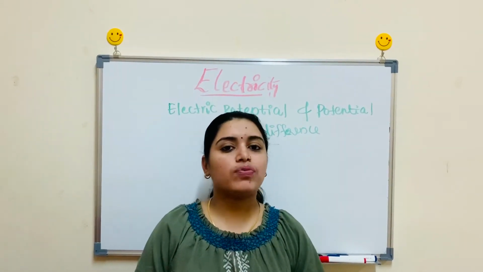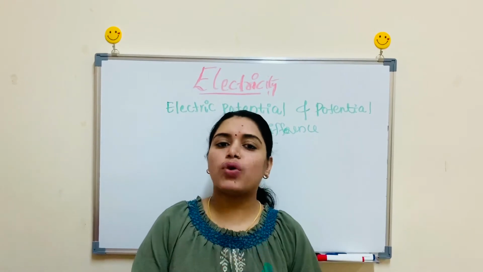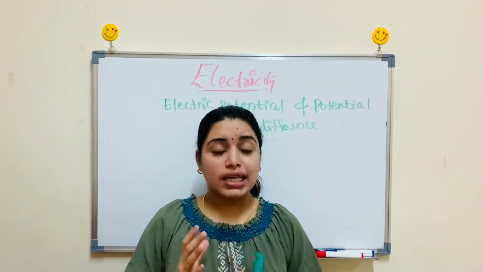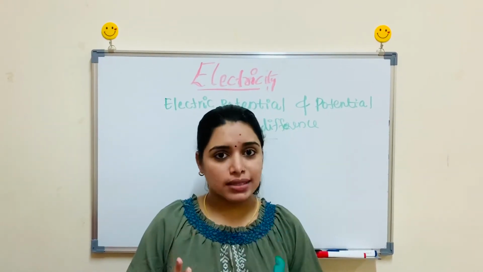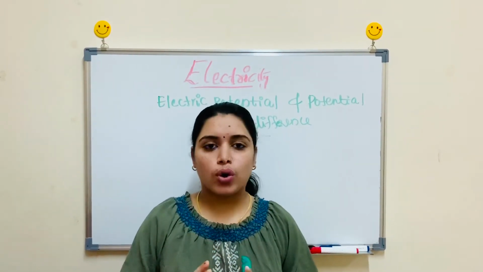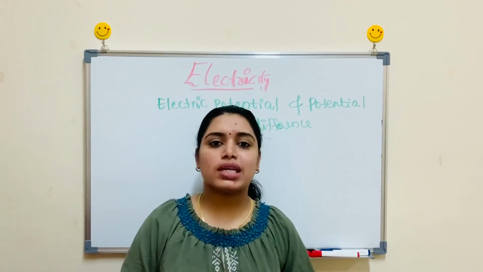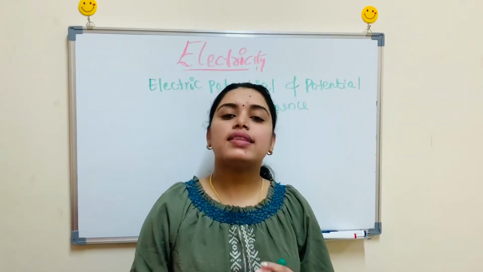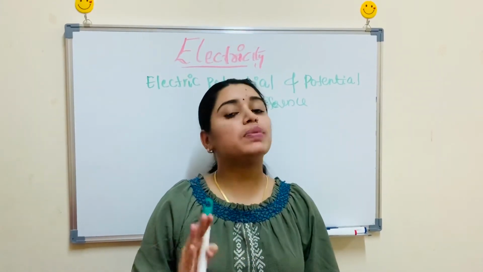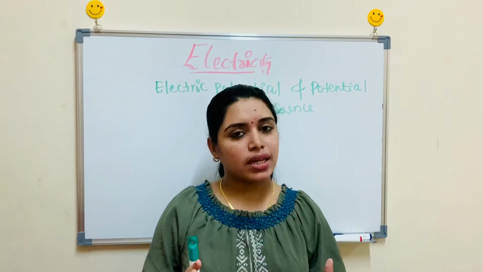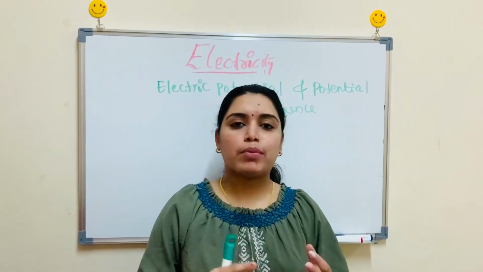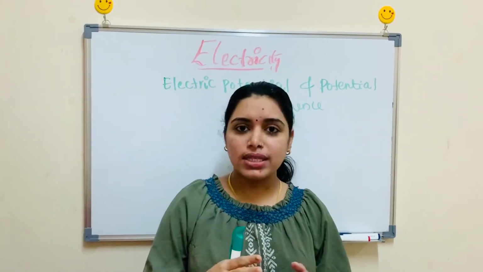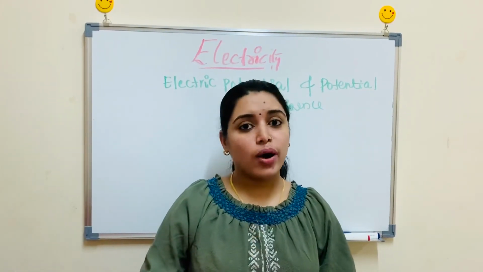Similarly, in the case of electrons also, in order for electrons to flow, there should be an electric pressure. A difference of electric pressure should be there. Then only the electrons will flow. The difference of this electric pressure is called the potential difference. We can define the electric potential difference between 2 points in an electric circuit carrying some amount of charge as the work done to move a unit charge from one point to another.